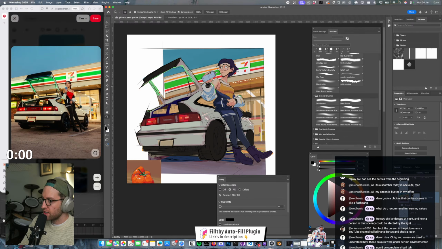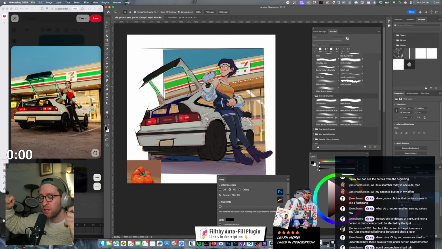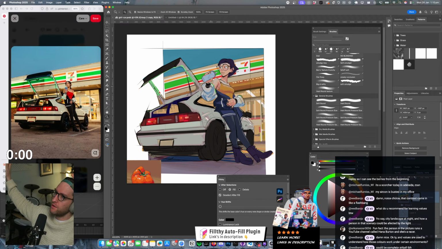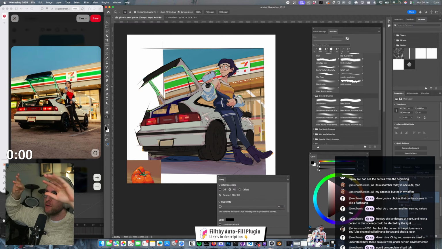And values are used to understand how those colors work under certain environments. Values are the tool that we use to describe what light is doing. Light and values are two separate things. In the world, there are infinite numbers of values, right? Can't even comprehend how many differences there are in our light perception, at different times of the day, different environments.